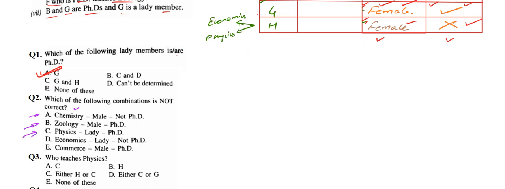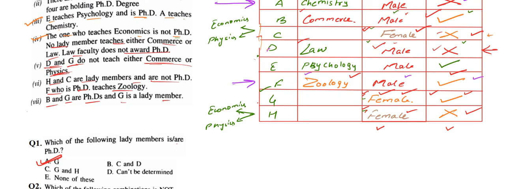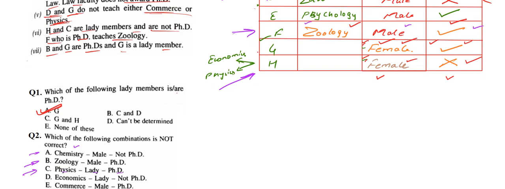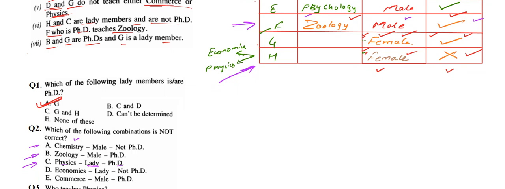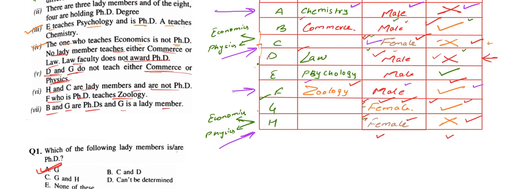So in option C, we have physics, lady, PhD. So let's check here. We have two options for physics. One is C and the other one is H. So we will check in both the criteria whether both of them are PhD and both of them are lady or not. So C you can check is a lady and H also is a lady, but both of them